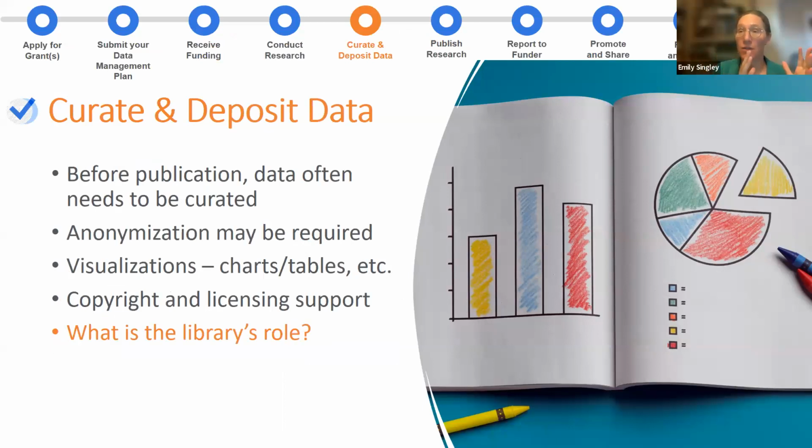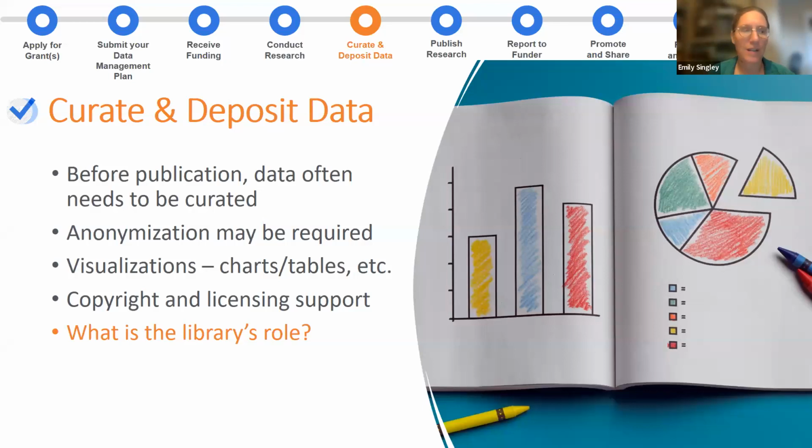Right. So we're sort of moving out of that core research phase where you've collaborated with a lot of people across countries, across time zones. You've started to put your data into a collaborative space, but now you're getting ready to publish. So now we're moving on to the next step. And publishing means both publishing your article, your findings, et cetera, but also depositing your data somewhere publicly. So when you were collaborating, you might have been collaborating not publicly, so just sharing amongst your research partners because your data wasn't quite ready for prime time. So now you're thinking about how to get it out to the world.